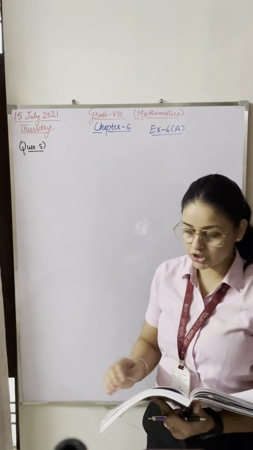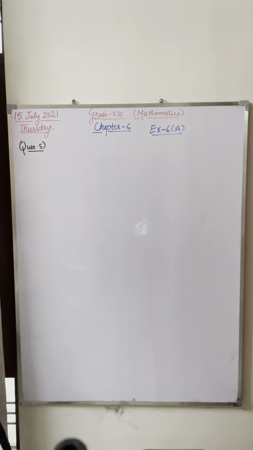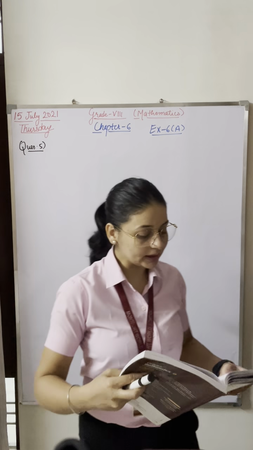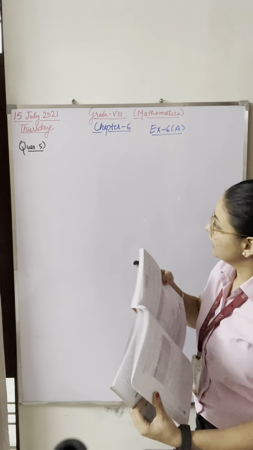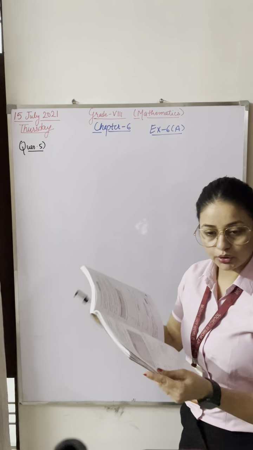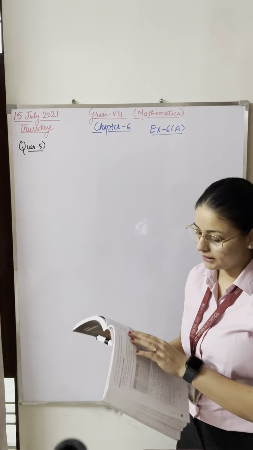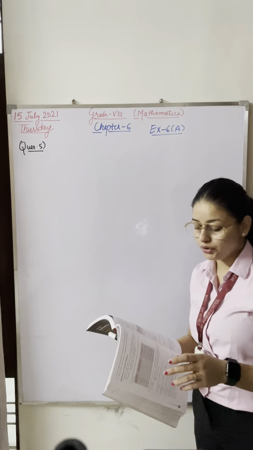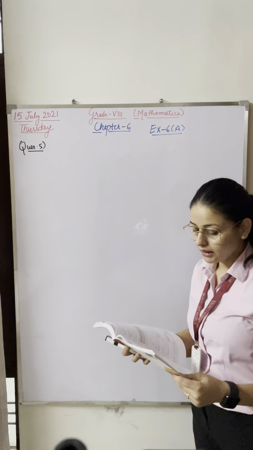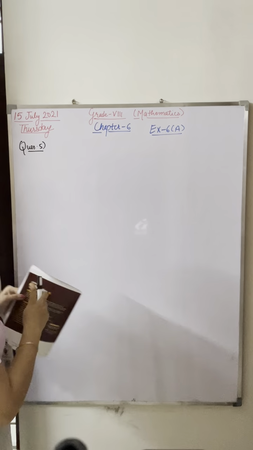Right? Now, question 5. See question 5 and 6. Both questions are the same. Three numbers are given to you in question 5, like 8, 9, 10, and four numbers are given to you in question 6. So how will we start this question?